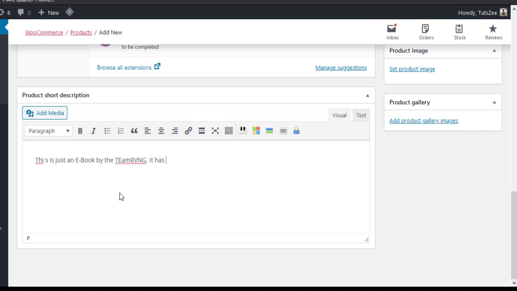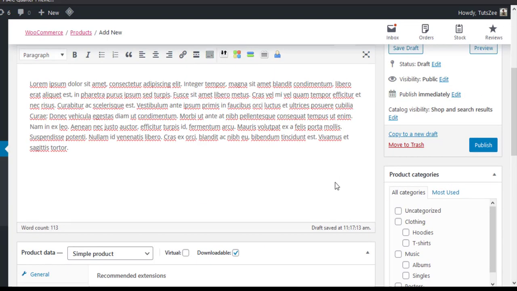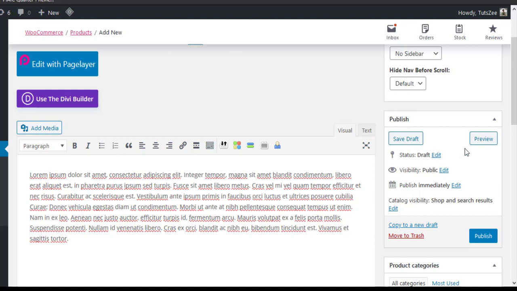It has everything you need to know about how to become a revenge herb, like this. So we have this short product description here, and now we're gonna scroll up, and on our right